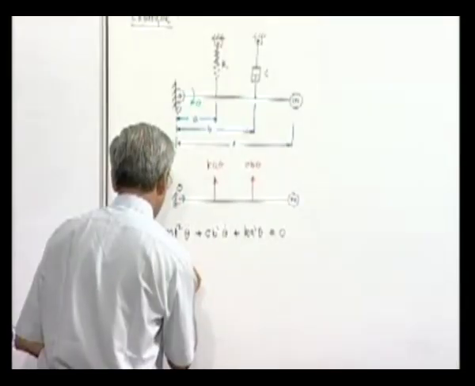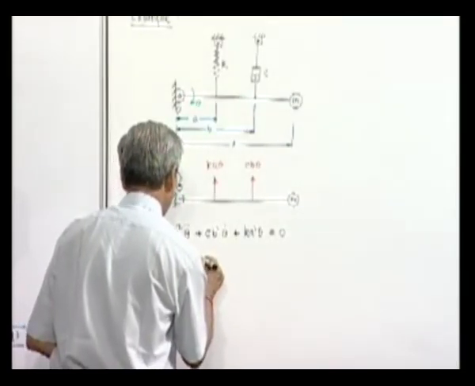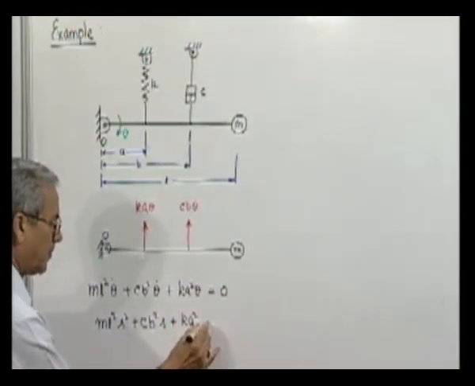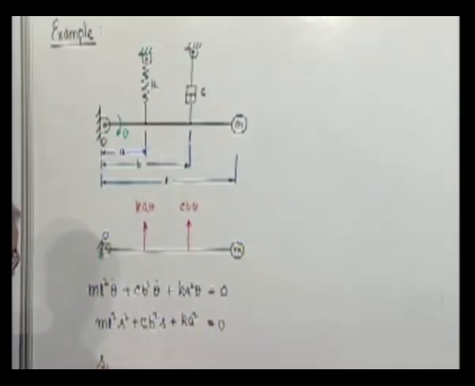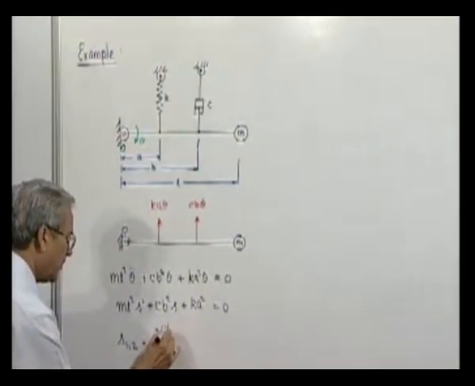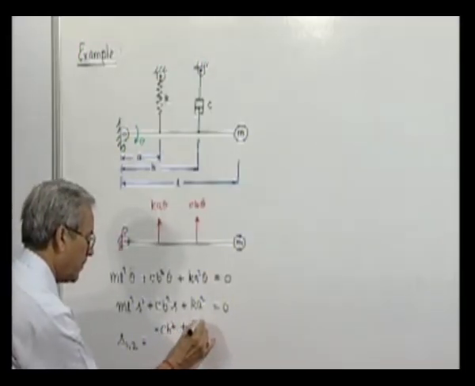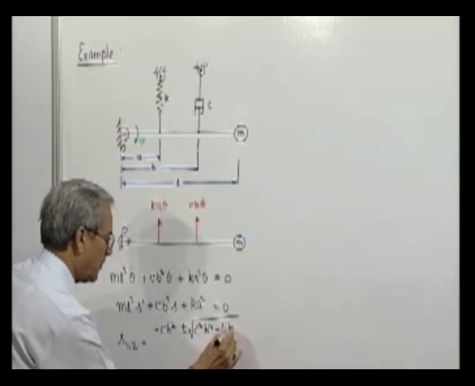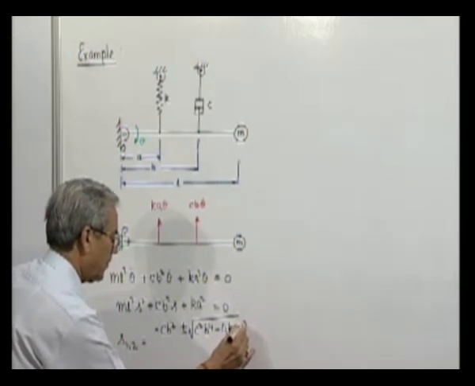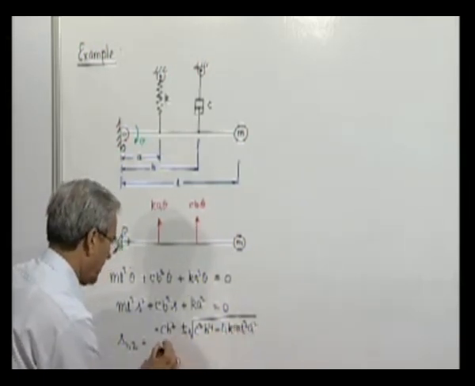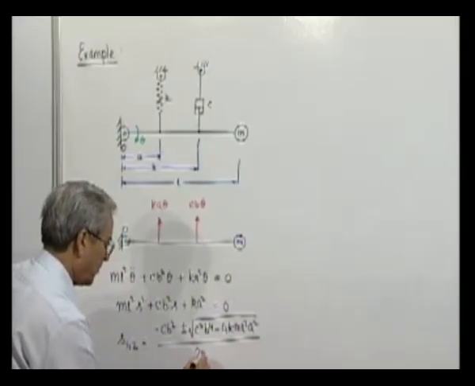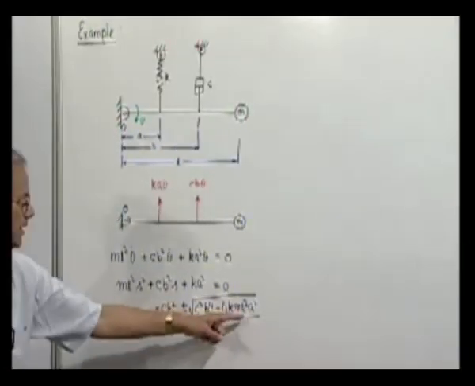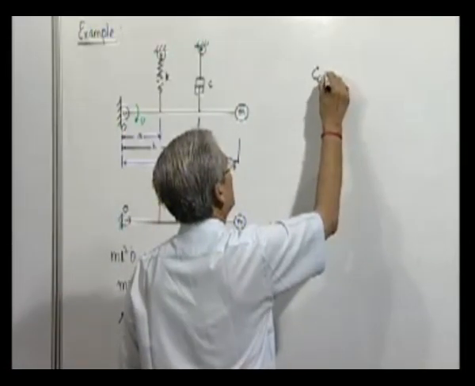So, our characteristic equation will be, so two values will be, and obviously the critical value of damping coefficient C will be such that this is 0. So, Cc is equal to